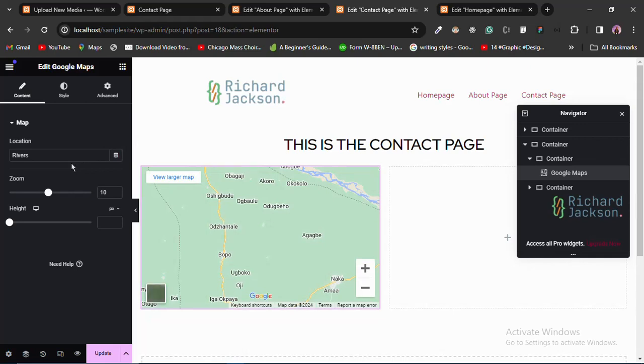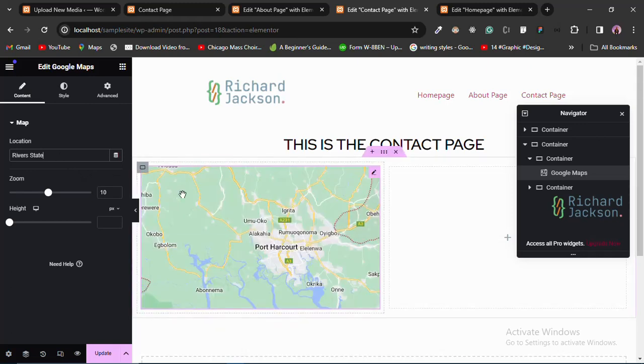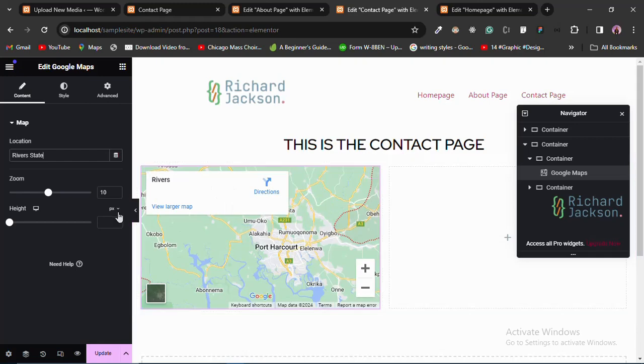Okay, let's say Rivers. Alright, so let's see if we're gonna get it. Okay, cool. Port Harcourt River. So let's use that, and I think the zoom level,